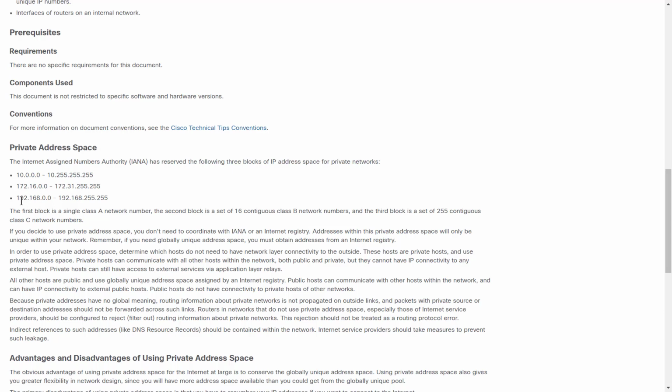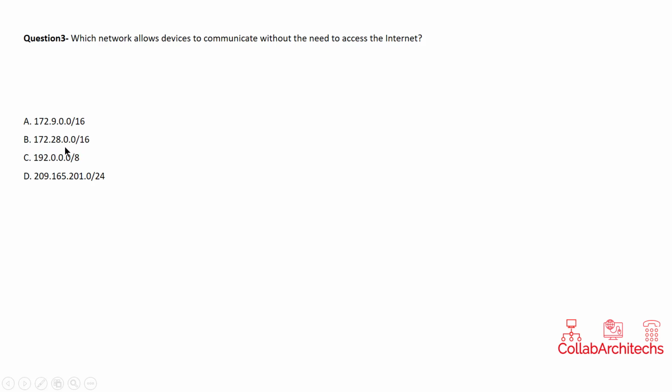And the third is 192.168.0.0 till 192.168.255.255. This is the class C private network. So if you see, we have one option which is in this range, 172.16.0.0 to 172.31.255.255. Let's see that in the question. If you see option B, 172.28.0.0/16, it is in the range which is mentioned in that